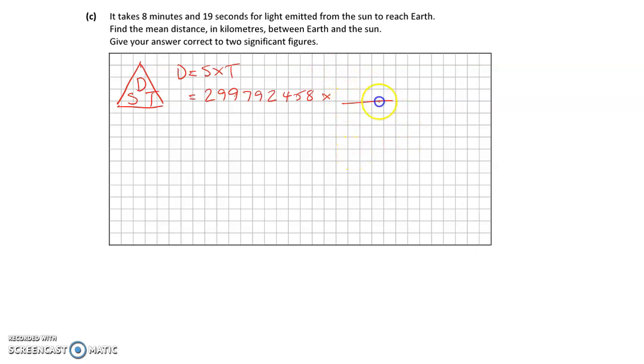Now, just very quickly, what will the time actually be? Well, it's 8 minutes and 19 seconds. So 8 minutes is 8 lots of 60 seconds, which is 480. If I add on the 19 extra seconds, we end up with 499 seconds. So why am I using the original speed that I was given? Well, I've got my time in seconds, so I must make sure my speed involves seconds. That's why I'm using the meters per second, times by the 499, and that works out as